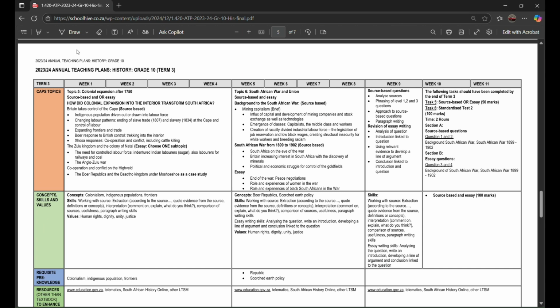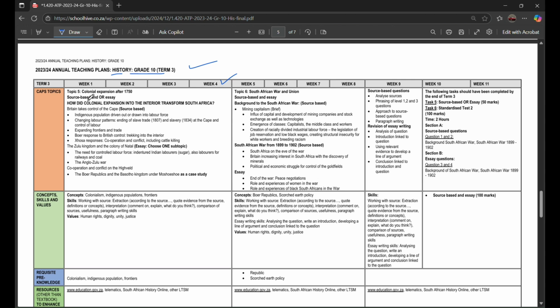Good day, everyone. Today we're going to be deep diving into the History Grade 10 Term 3 scope. There are going to be 11 weeks within Term 3, and without wasting any time, let's deep dive into it. Within the first week to the fourth week, or within a month, you're going to be taught